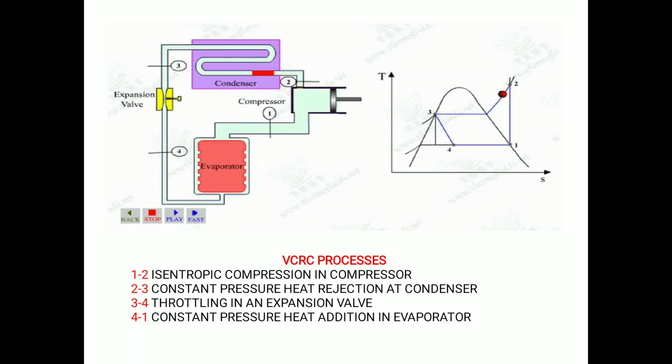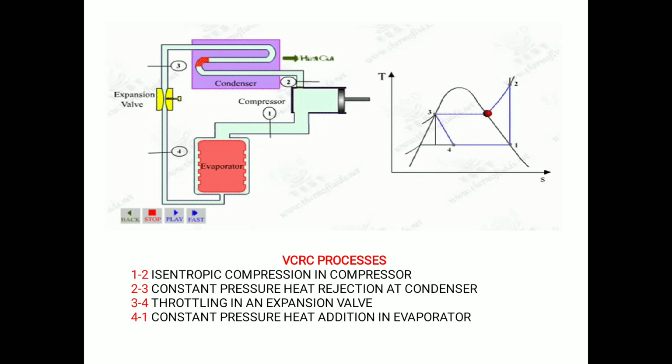So in this slide you can see two pictures. One is on the left side and another one is on the right side. The left side picture shows how the refrigerant is circulating in vapor compression refrigeration cycle, and the other picture, that is on the right side, in the TS diagram the state of refrigerant is explained. So let us try to understand stage by stage.